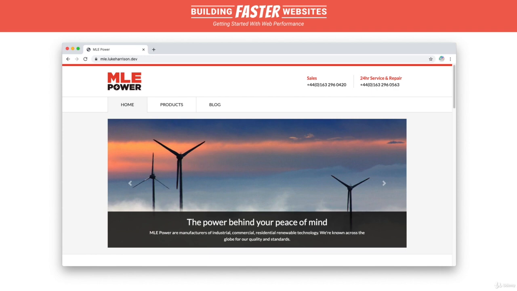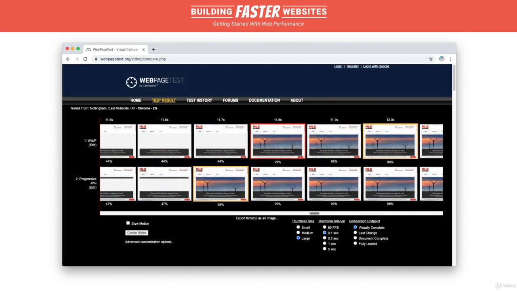Though it's important to test both, as the difference in the WebP's file size may offset any advantage a progressive JPEG brings to render speed. Here, even on 2G, the difference is negligible. All that's left is to write logic to check if the browser supports WebPs or not, and then serve the